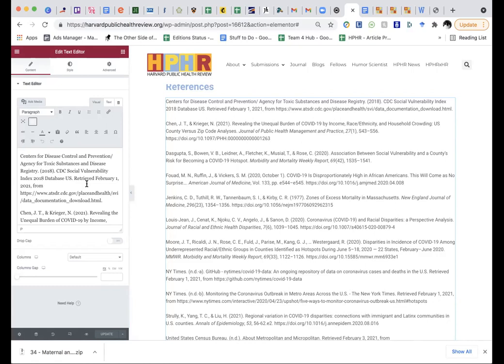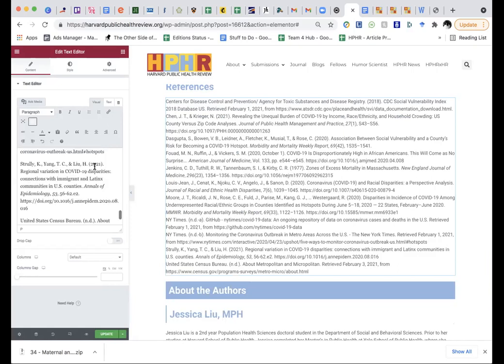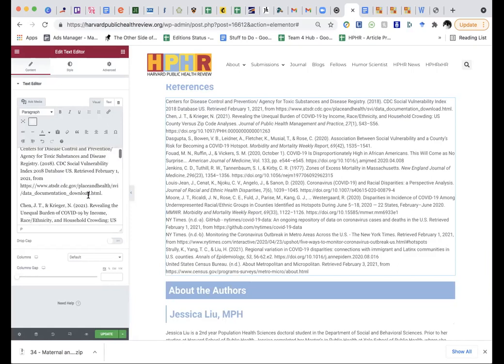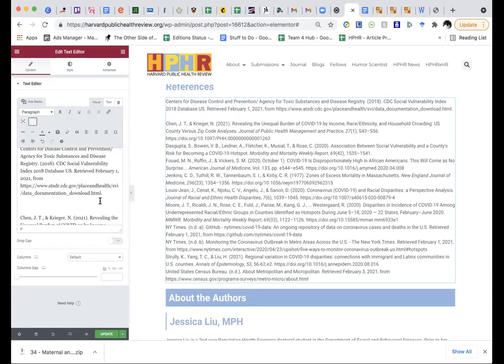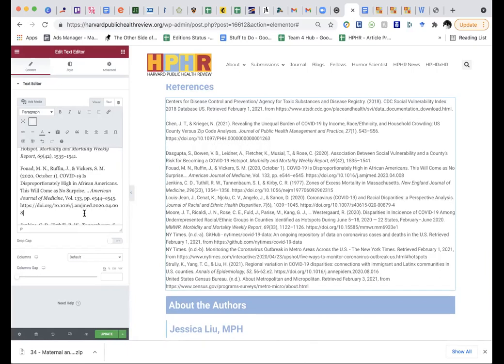But for now, we have references listed in alphabetical order, and then sometimes we have them numbered. So you will just paste your references in there, and you'll notice that we have to, once again, separate them out the way we did paragraph text from before.